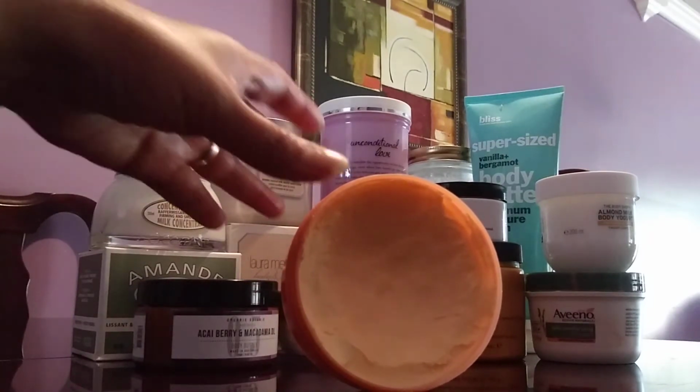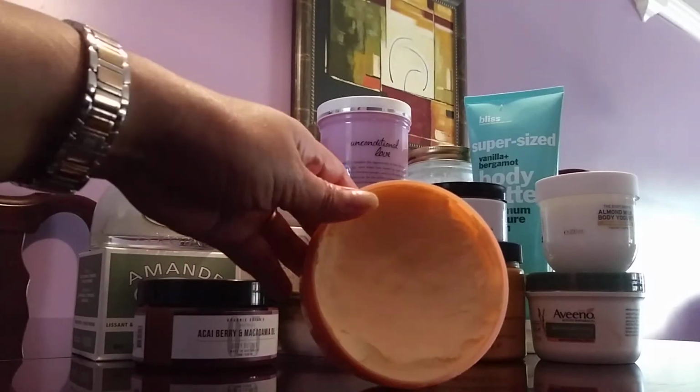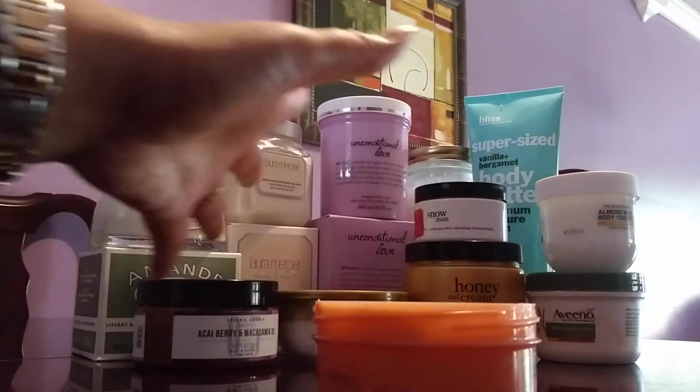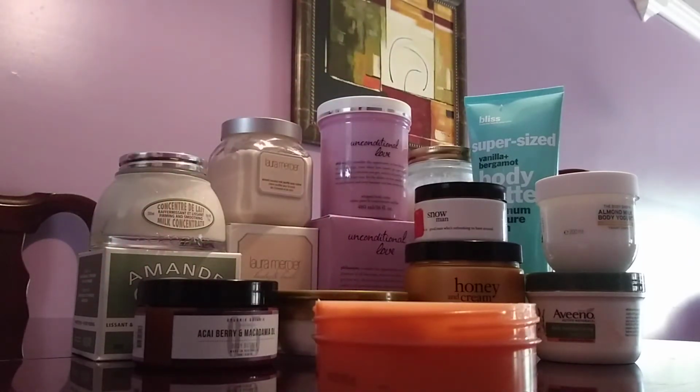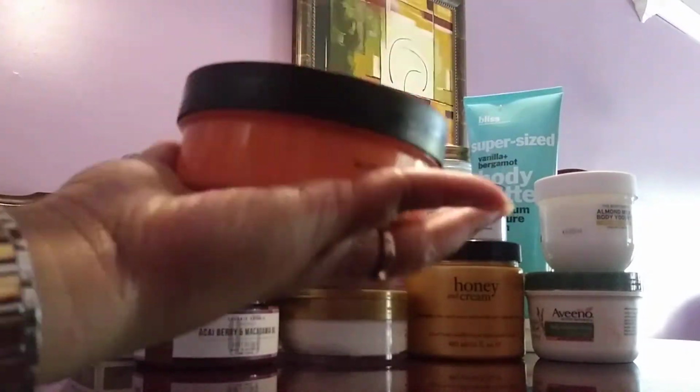So I don't know if this would last me because I use this as a hand cream. And I love this. The thing is, I can't use this at night, otherwise I won't be able to sleep because it's gonna make me feel very greasy. At daytime, that's fine. So what I do is I apply, and when I feel greasy and slippery, I just dab it with